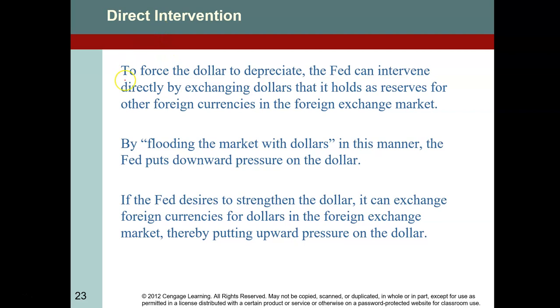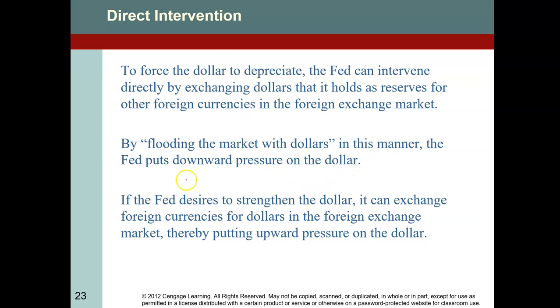Direct intervention. To force the dollar to depreciate, the Fed can intervene directly by exchanging dollars that it holds as reserves for other foreign currencies in the foreign exchange market. By flooding the market with dollars in this manner, the Fed puts downward pressure on the dollar. If it sells the dollar on the market and supplies enough dollars, it would force the dollar value